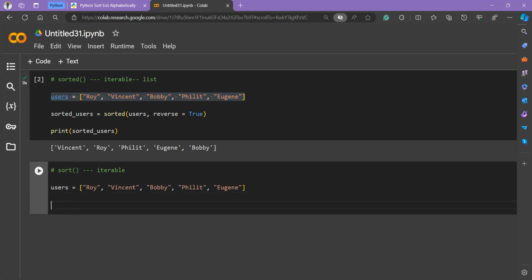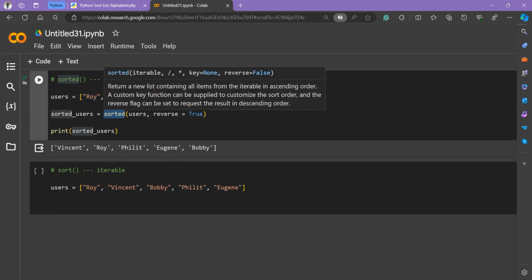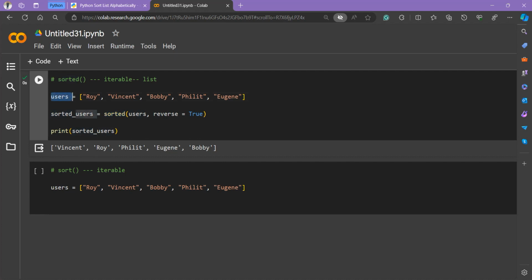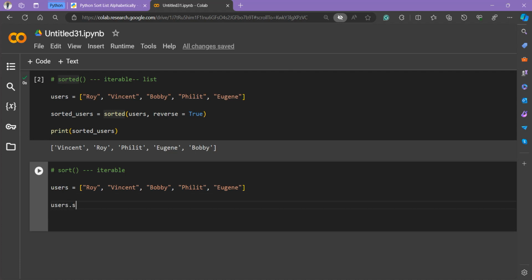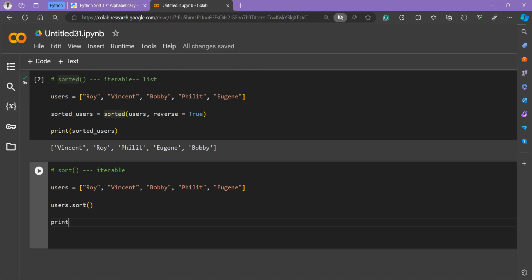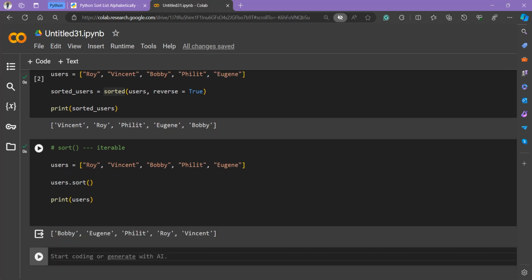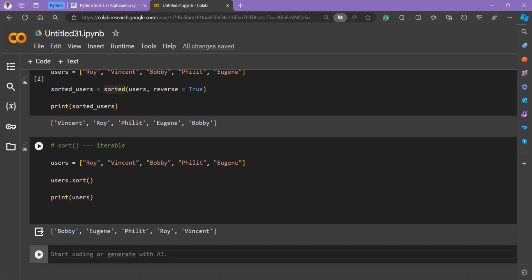Here I want to tell you one thing: when you call the sorted method, this method makes a copy of the original list and sorts that copy. But when we call the sort function, this function directly manipulates the original list. So let's see, just call users.sort. Now if you print users and run this block of code, you can see it sorted the strings in the list alphabetically from A